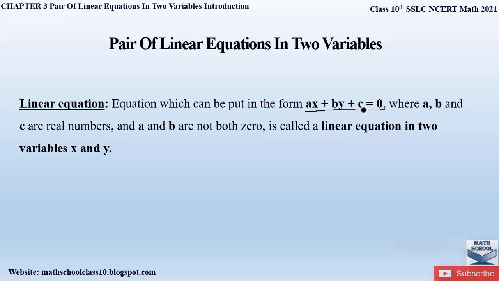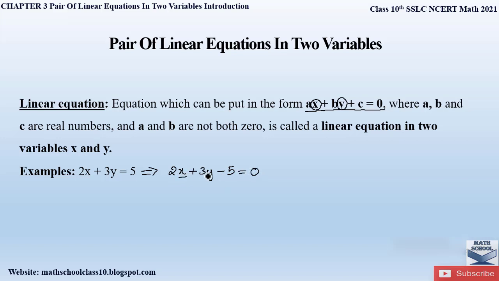So here in this equation you can notice that we have two variables x and y. Therefore, we say it is a linear equation in two variables x and y. a, b and c are coefficients. a is the coefficient of x, b is the coefficient of y, and c is a constant. For example, 2x plus 3y is equal to 5 is a linear equation. In the standard form, this equation can be rewritten as 2x plus 3y minus 5. When we bring this 5 to the left hand side, it becomes minus 5, equal to 0, right?